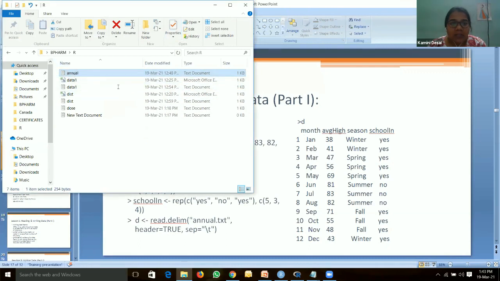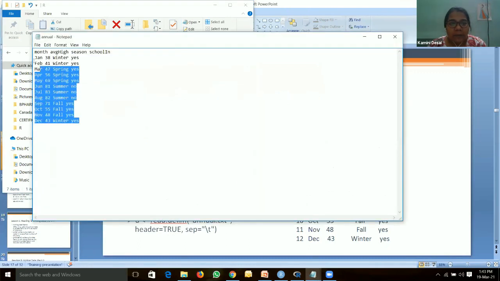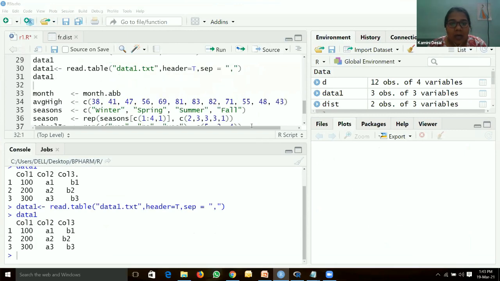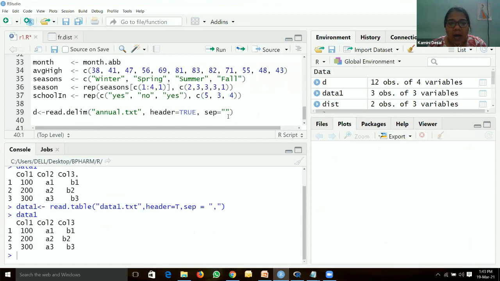So I have saved this example: month, average, high, season and schooling. I have given this data and I am reading this data in R. Just give this: read.delim annual.txt, header is equal to true.